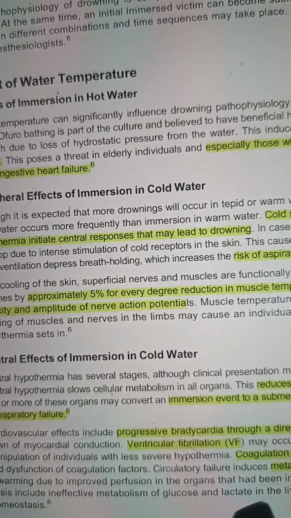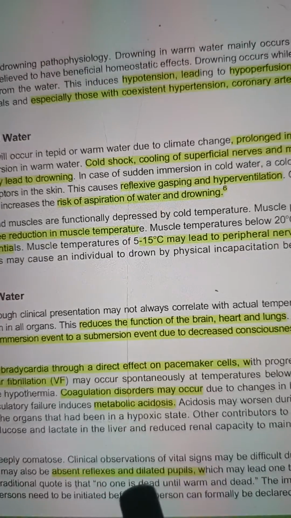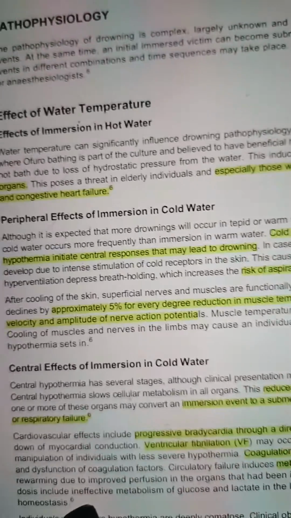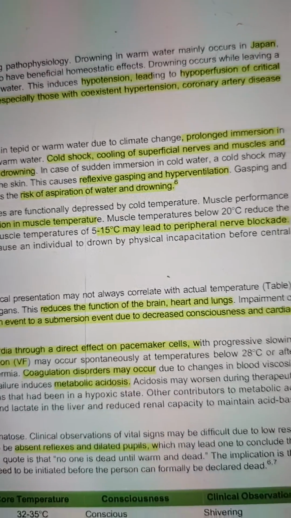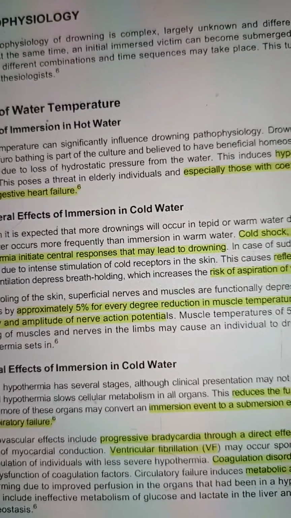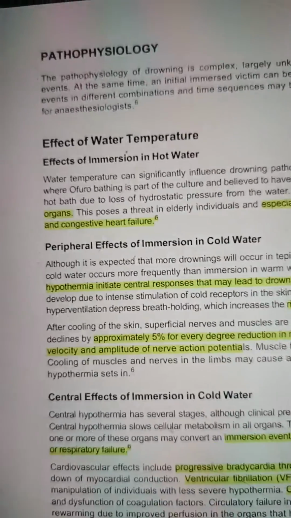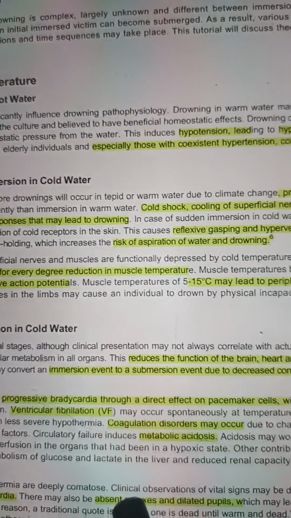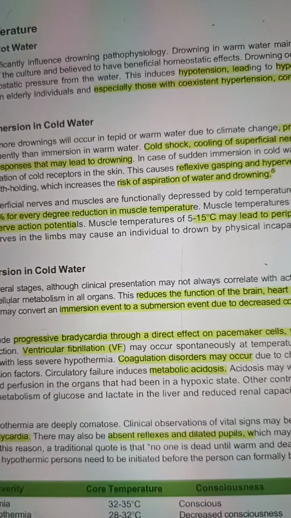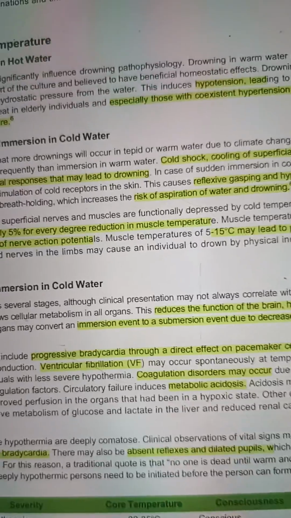Central effects of immersion in cold water reduce the function of the brain, heart and lungs. An immersion event can lead to a submersion event due to decreased consciousness and cardiorespiratory failure. Progressive bradycardia through a direct effect on the pacemakers, ventricular fibrillation, coagulation disorders, metabolic acidosis, absent reflexes and dilated pupils also can